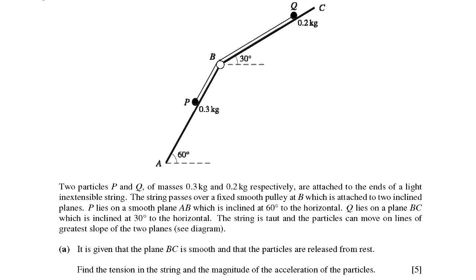60 degrees to horizontal, that's on the diagram as well. Q lies on a plane BC, which is inclined at 30 degrees. It's on the diagram. The string is taut, so it's got some tension in it, and the particles can move on lines of greatest slope to the two planes. All right, if we look at this, 0.3 kilograms is heavier than 0.2. Well, that doesn't matter too much. What matters is the angle that